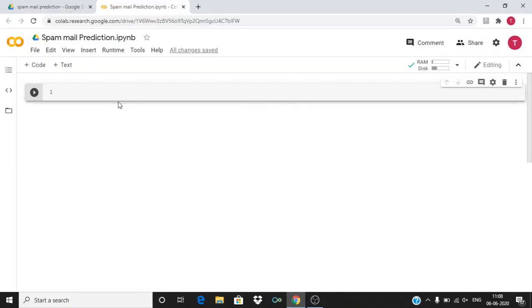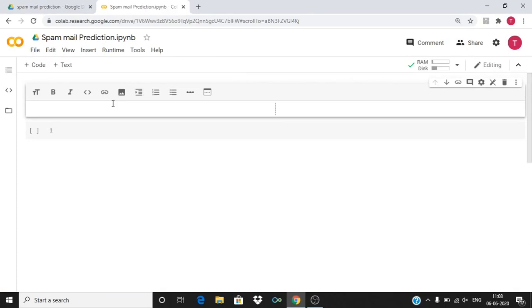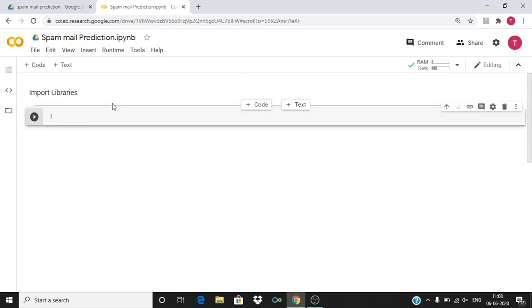First of all, let's go ahead and import the libraries. Let me add a comment: import libraries. This is the text cell where you can add some notes. Import numpy as np. You can give any abbreviations you want, but these are the conventions used.